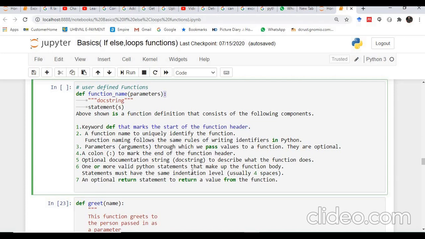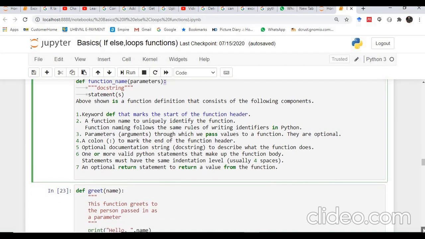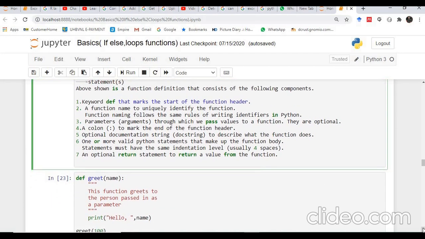These are the basic things a function has in Python. Let's discuss a few examples and define some user-defined functions.